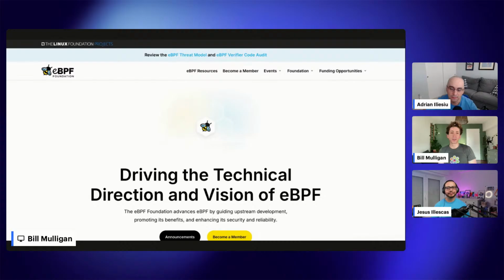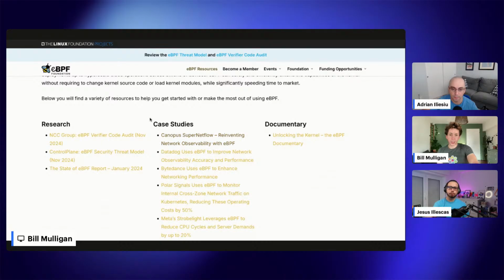The foundation funds a lot of academic research into eBPF, future use cases, and bleeding edge tech, like ways we can deploy and improve eBPF. It funds statements of work. So how can we improve eBPF upstream when no one specific company is invested in making this, but it'd be really good for the ecosystem? So the foundation funds specific statements of work to be done in the upstream kernel. And we have a couple new reports that we're going to be launching this year. And then also we do a bunch of case studies too.